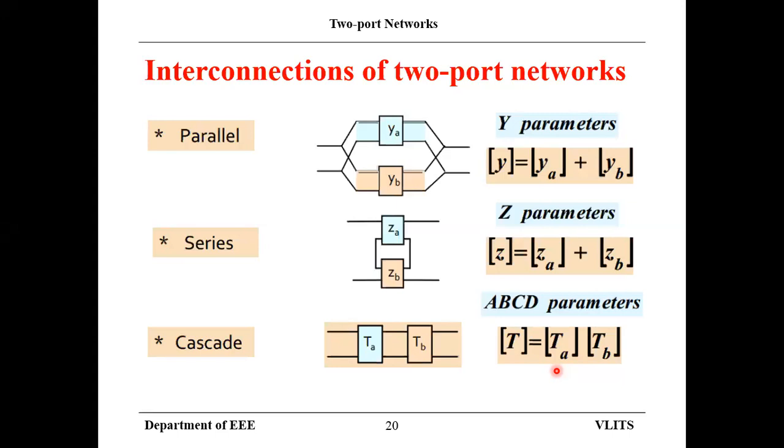Before that, let me tell you from an exam point of view. As I have seen in the previous question papers, mostly you will get the theory part only. The theory part is nothing but the derivation part, which means derive the ABCD parameters, or derive the Z parameters, or derive the Y parameters, or what is the relation between Z and Y parameters, or derive the Z parameters from the Y parameters. Like that, you may get mostly 60 to 70% derivation part only. The remaining 30% you may get the problems from this unit. Those problems I will explain today.